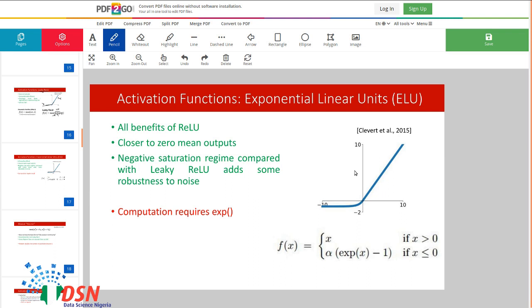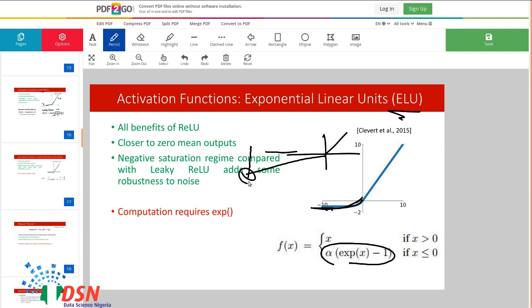Another method to solve the problem of ReLU is the ELU, or exponential linear unit. In this case, again, we have a ReLU-like activation function in the positive regime, but in the negative regime we have an exponential form of activation function in here. The good thing about this is that, again, we have a small slope in here, so a neuron will not die during the training, and also it is a little more robust against noise in the negative regime. So when we have a Leaky ReLU or PReLU, then when we have a really negative number,